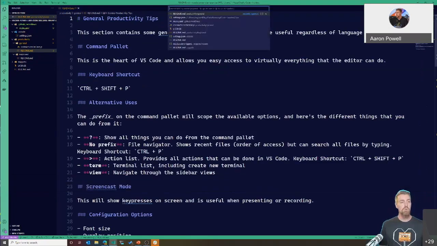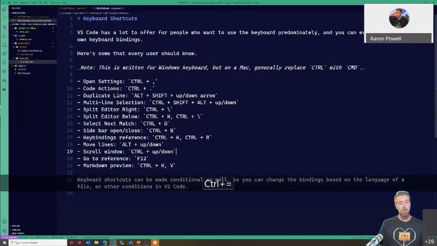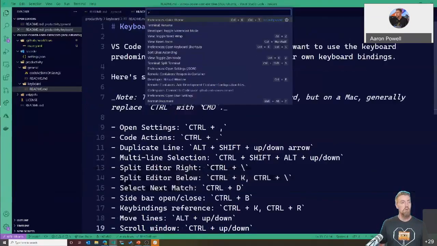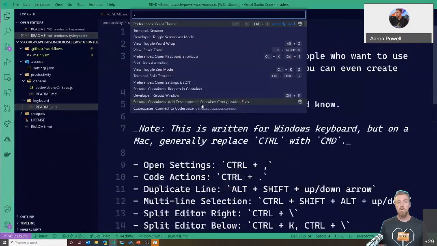Let's jump over to my next one, which is keyboard shortcuts. As I said, I'm going to cover off a bunch of keyboard shortcuts for Windows, so I'll be using Control, but Command is going to be the Mac equivalent. Actually, I'm just going to double check. Whoa, it did flip my theme again very quickly. Oh, no, Control Plus does actually affect the command palette, so fantastic. That could be a little bit more zoomed in for folks. Let's just do one more plus on that.